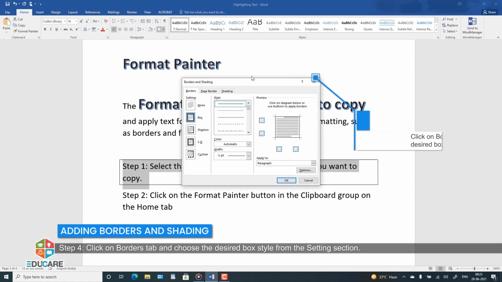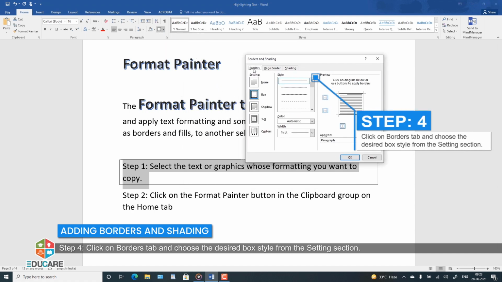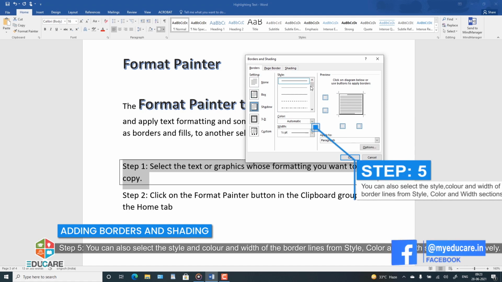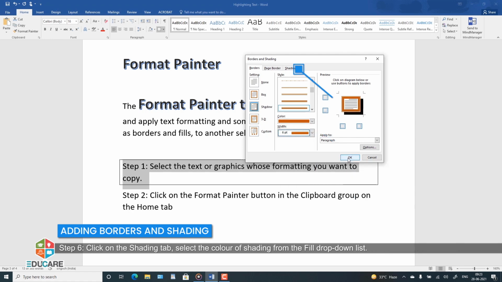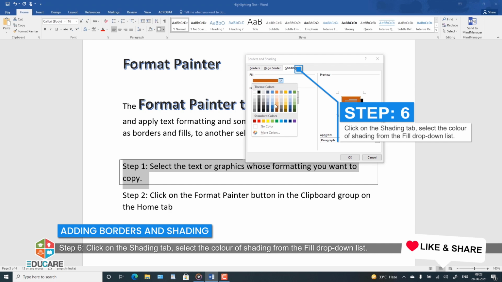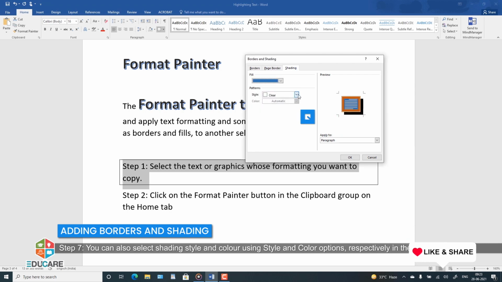Step 4. Click on Borders tab and choose the desired box style from the Settings section. Step 5. You can also select the style and color and width of the border lines from Style, Color, and Width sections, respectively. Step 6. Click on the Shading tab. Select the color of shading from the Fill drop-down list. Step 7.